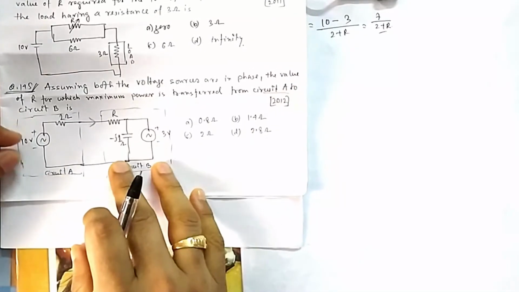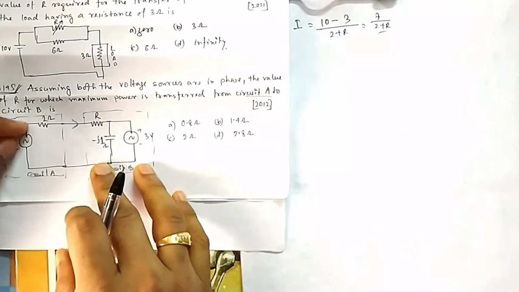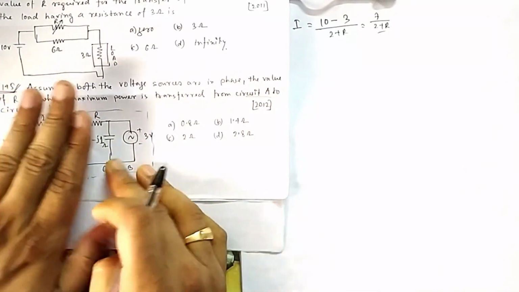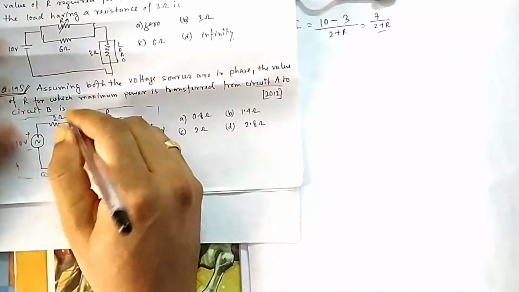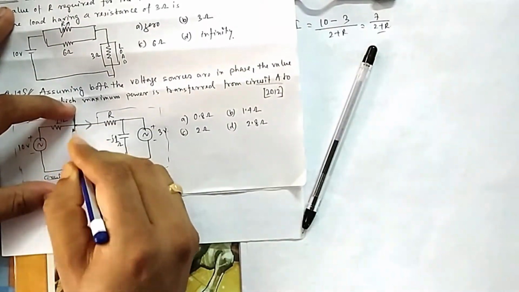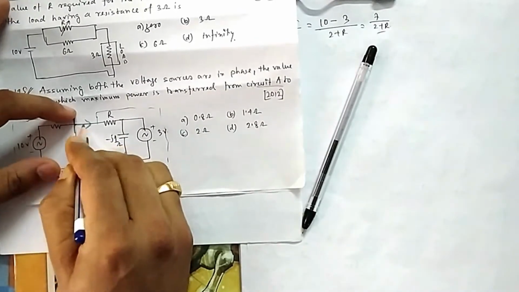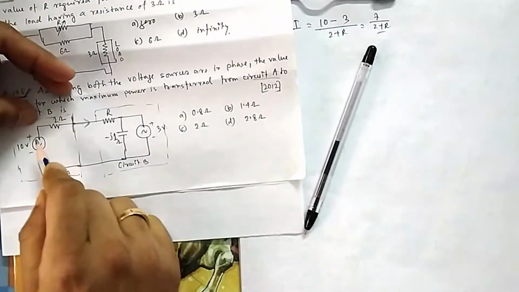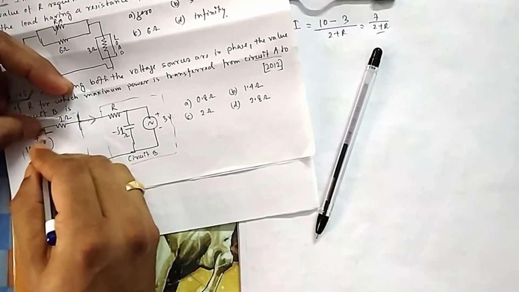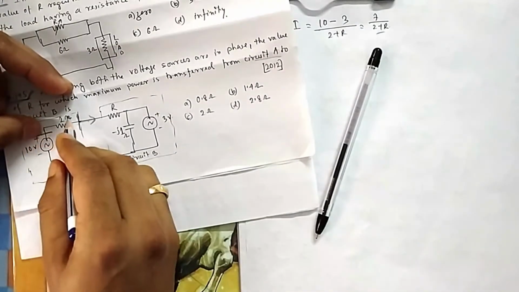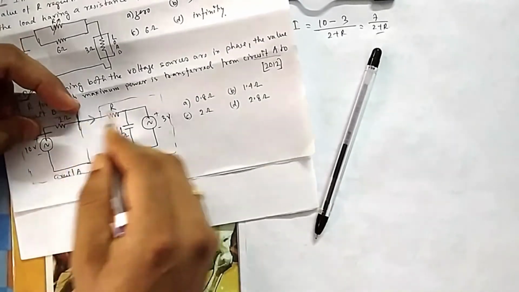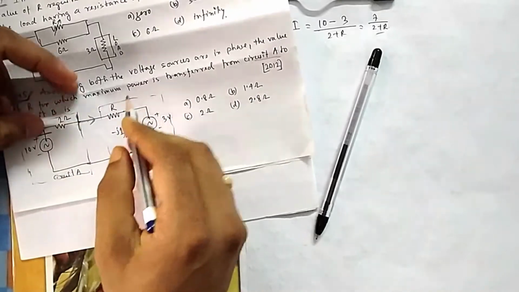If you multiply 10 with I, you will get the power delivered by this source. But this is not what they asked. They have asked what is the power transferred from this to this. You can think of it in power system concept also. Suppose there is a bus here. What is the power coming out of this bus? You multiply this voltage with this current, then you will calculate the power coming out of this point. From that you have to deduct this one, because this is absorbed inside circuit A. The rest of the power is transferred.